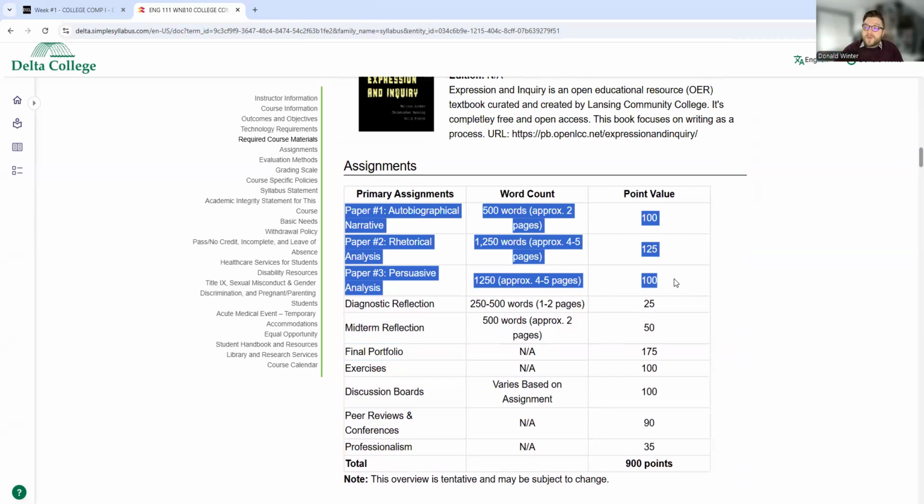There will be a week where you will submit a draft for me to give you feedback on. Very few professors do that. I pride myself on doing that. Those are called conferences. But I will provide you written or audio feedback on your papers before you submit a final draft. That way you have a lot of layers of feedback to apply to perfect your essay. Okay, so by the time you submit a final draft, it should be pretty strong.